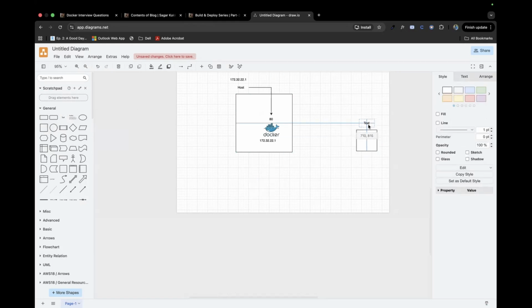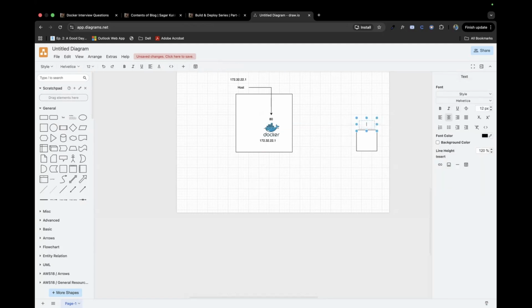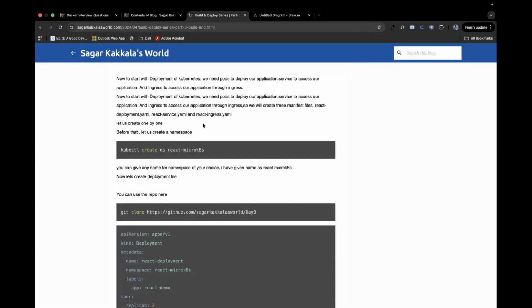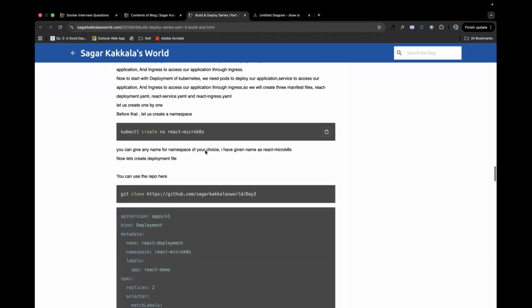It's a kind of resource. If we delete this namespace, everything inside it gets deleted. So a namespace is an individual house, and you could group everything inside it. We'll discuss the commands and the architecture later.